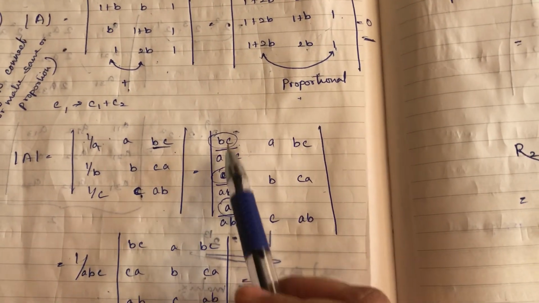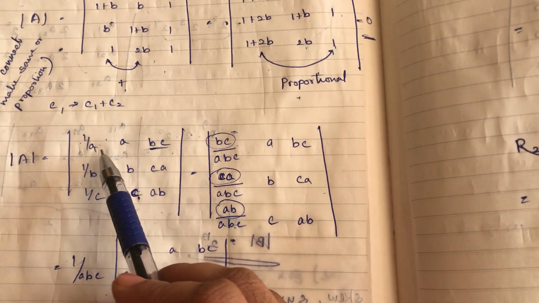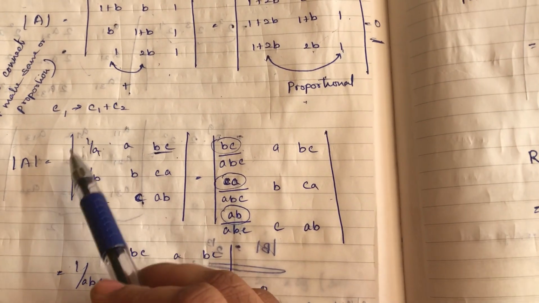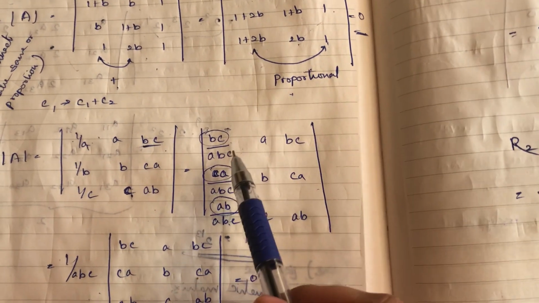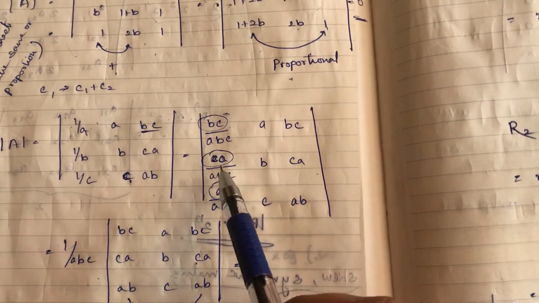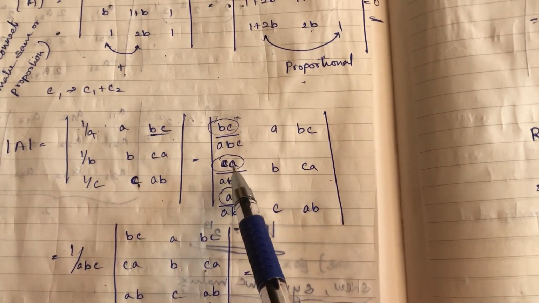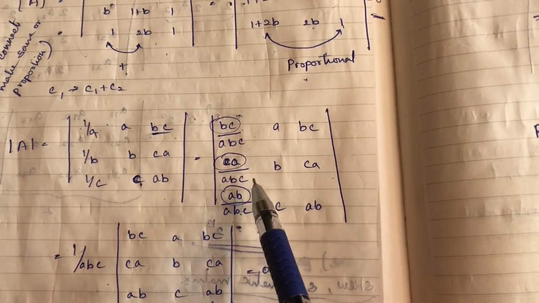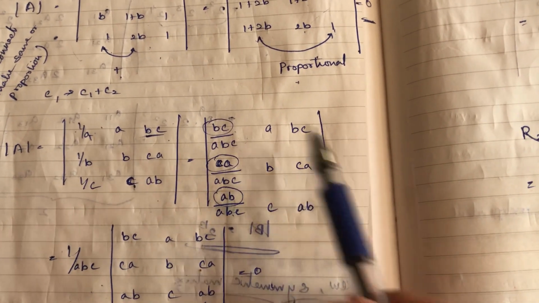So likewise we have to write these things. For example, here the denominator has a only, so the other two variables we have to write on the top, like bc. Then we write the whole thing, abc. If this bc gets cancelled, we will get 1 by a, right? The same thing appears here. Here the denominator is b, so we have to write ca, and the ca will get cancelled and we will get 1 by b. Likewise we have to rewrite this matrix.